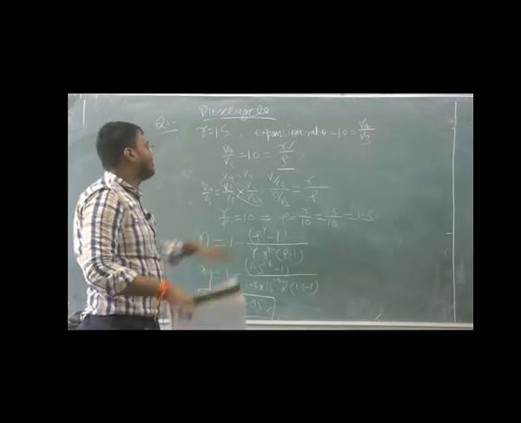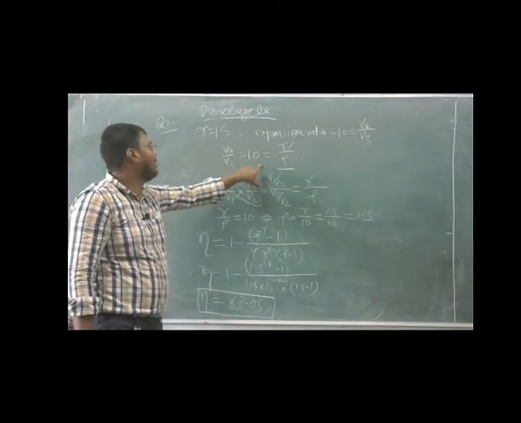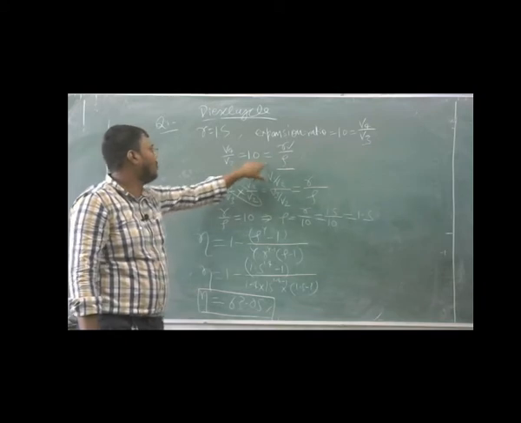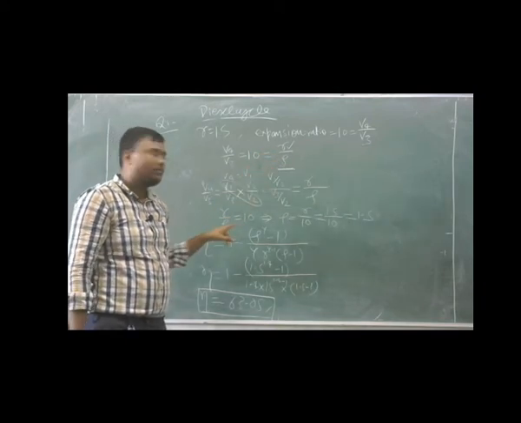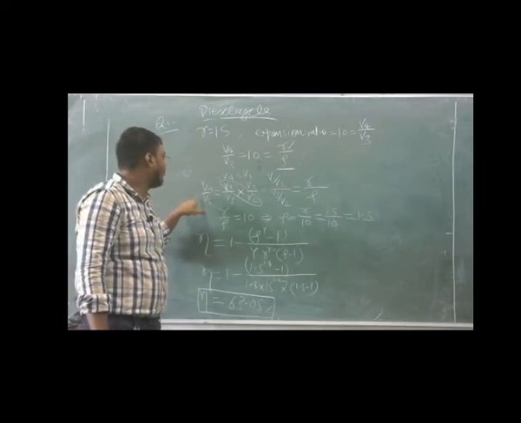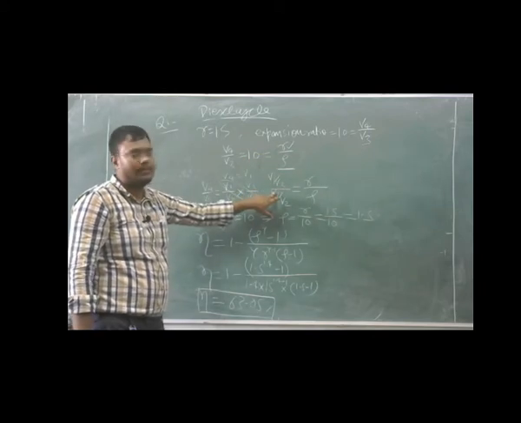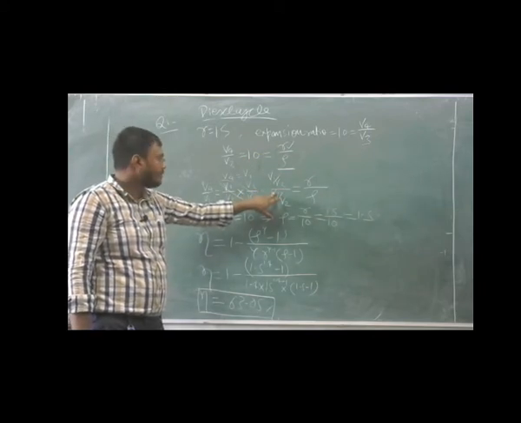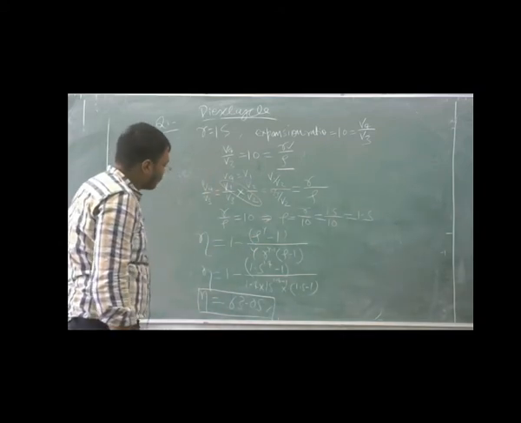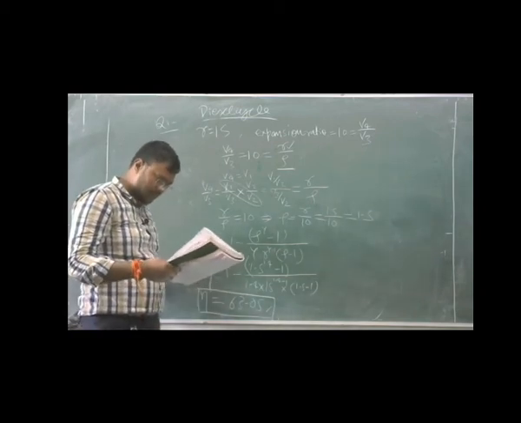So this question is also easy, but here you just have to remember this value. Either you remember the value of the expansion ratio, that is V4 by V3 equal to R by rho, or you derive it. This is the only extra thing you need to do. The remaining part is the same as the previous question. So in this way you can solve the question. Now the next question is,